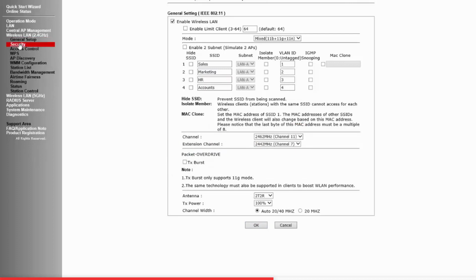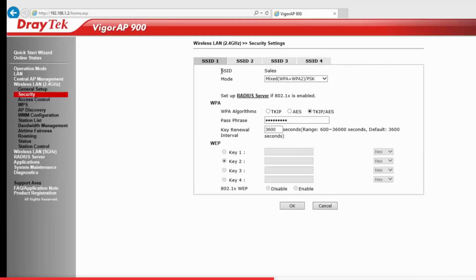Now go to Wireless LAN Security. For each SSID, select an authentication mode, WPA algorithm and enter a passphrase. Click OK to save.